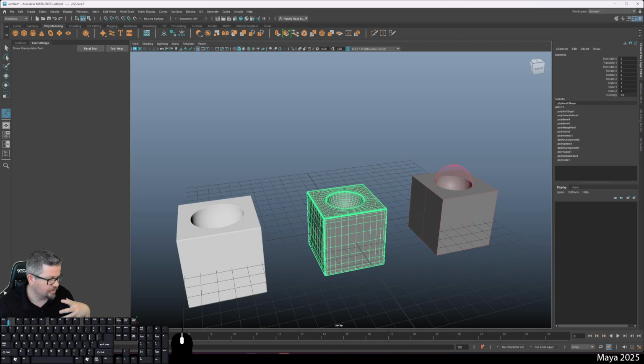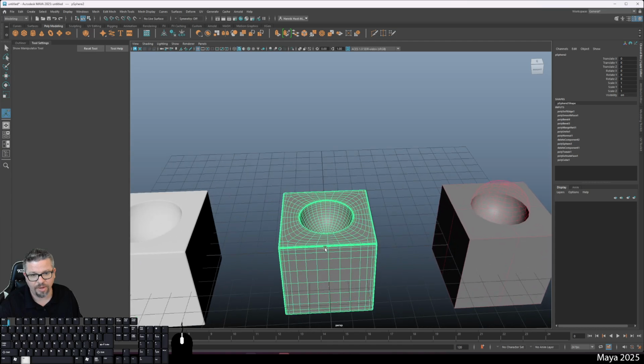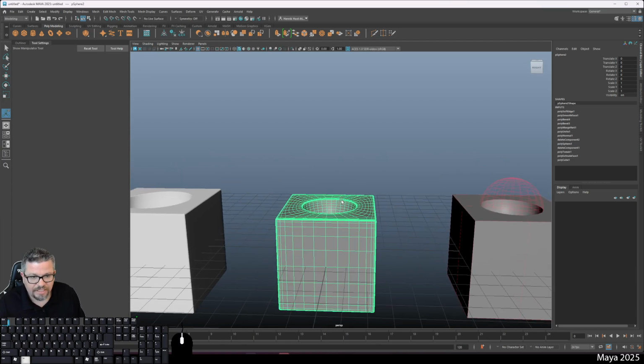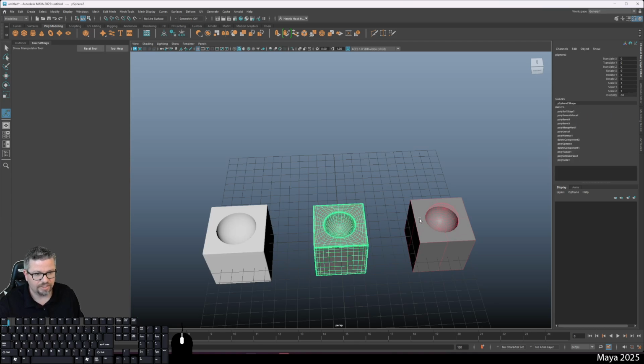Cut the sphere into it. Add your bevels to create some hard edges, and make sure you're in smooth mode, or you run a smooth on the model, or both, when you're submitting your screenshot. So this is a short little video, but this technique can be utilized in so many different ways,